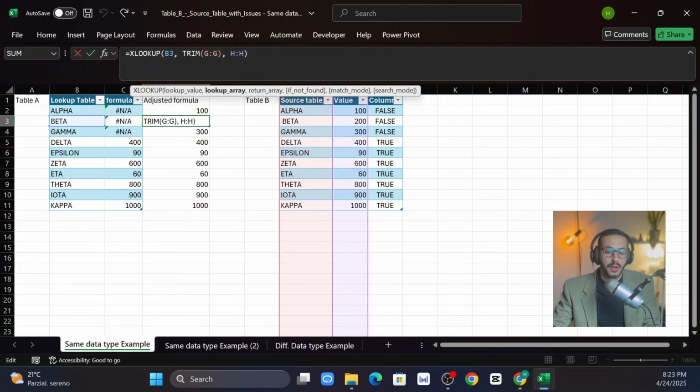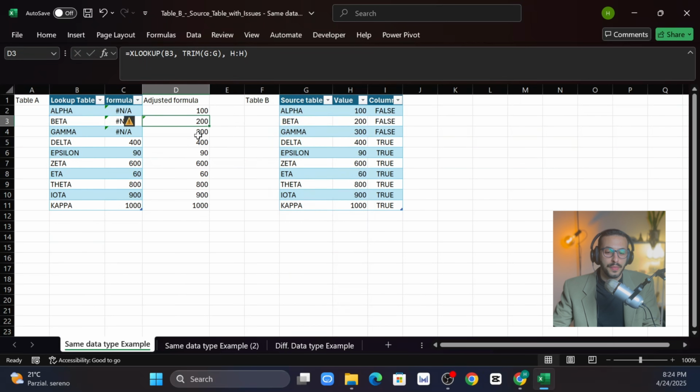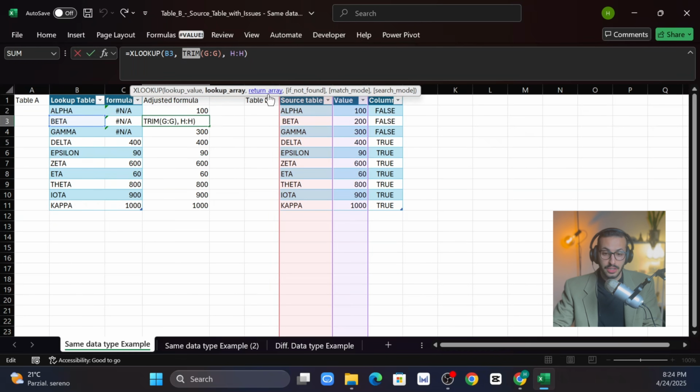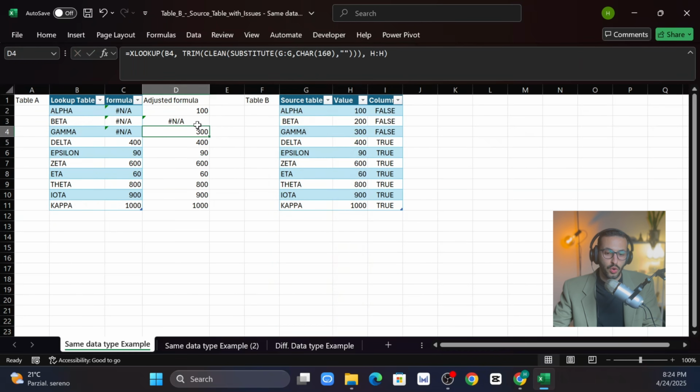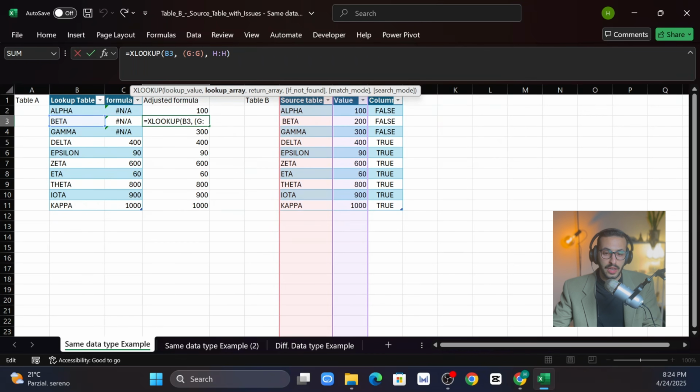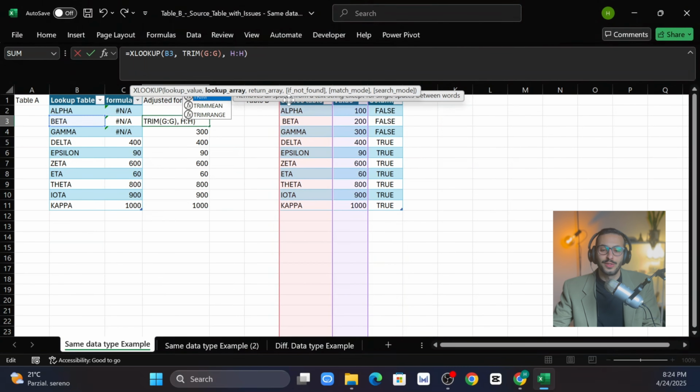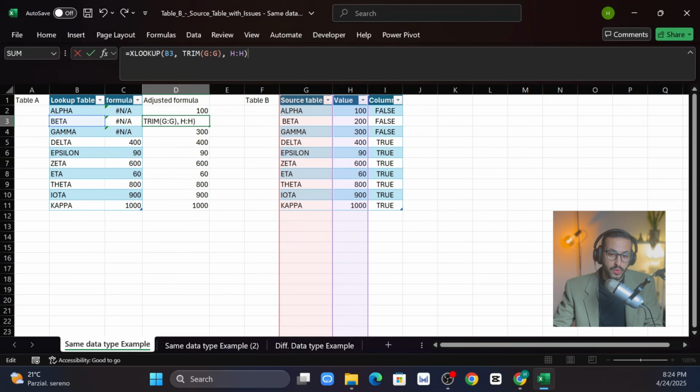We can also fix it by only putting trim. Because we don't have many complex problems, but this formula definitely would fix any problem. This one, as you can see, if I delete the trim and keep it like this, it wouldn't work. But if I add the trim to the lookup value in the formula, because as you can see, the lookup array, which is the orange one, is the infected, let's say, column, which has a problem. And that's why when we put trim and fix it, so trim each problem,